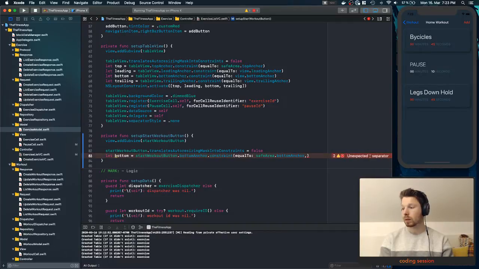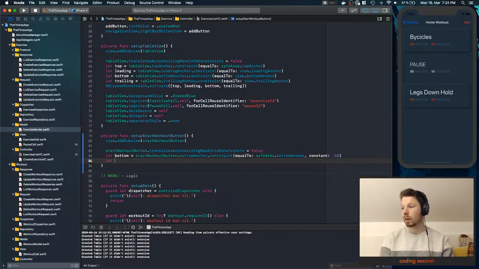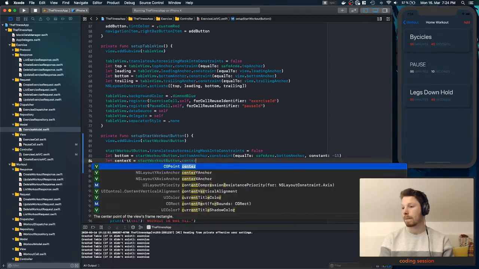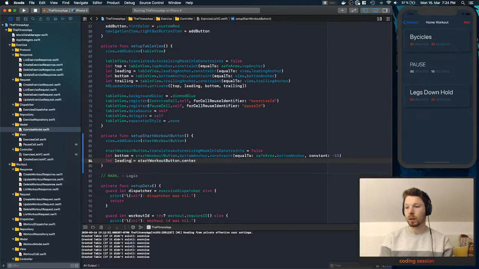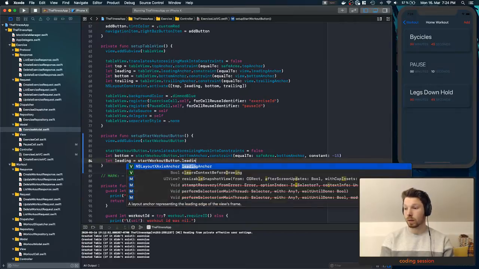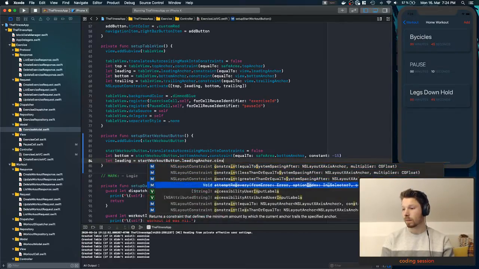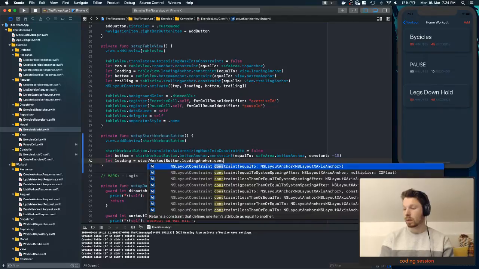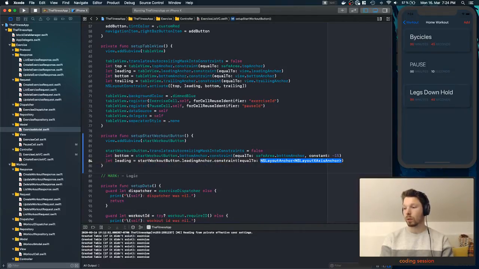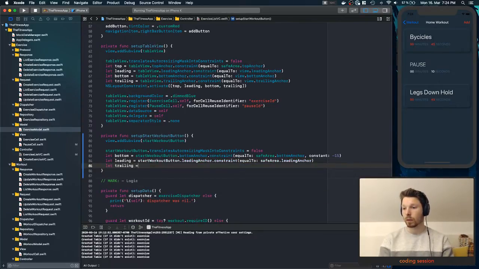Let's see. Constant of. And then centered. Or we could also just have it completely going over from left to right. Leading is constrained to the safe area leading anchor. And trailing is